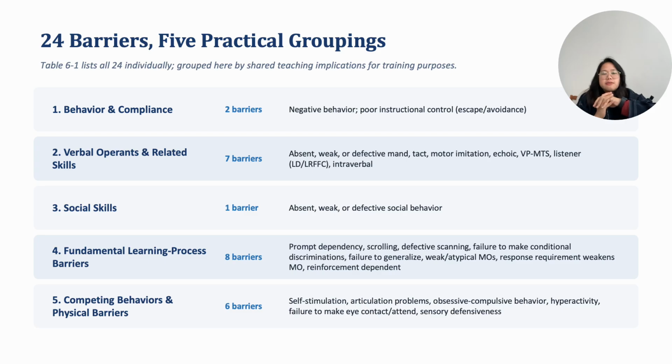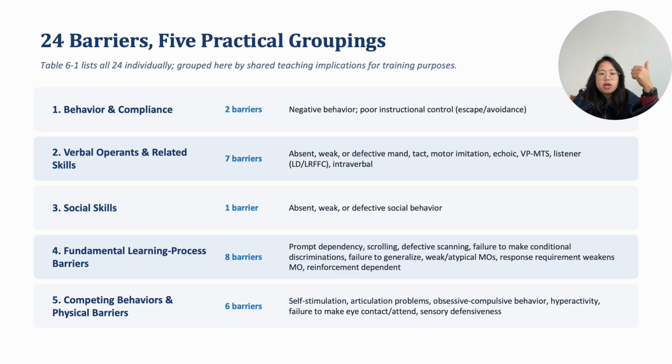The VB-MAPP guide itself frames the 24 barriers as falling into several categories, and this deck organizes them into 5 practical groupings for training purposes. Group 1 is behavior and compliance, which involves negative behavior and poor instructional control, meaning escape and avoidance. Group 2 is the largest, which has absent, weak, or defective verbal operants and related skills like mand, tact, motor imitation, echoic, VP-MTS,